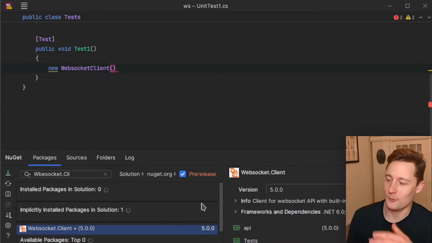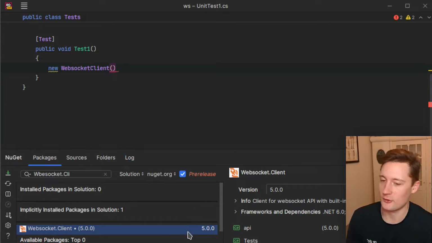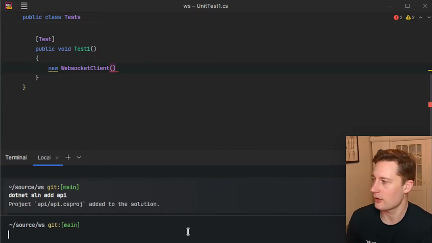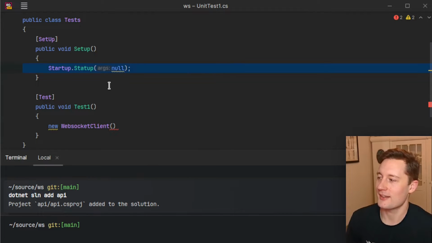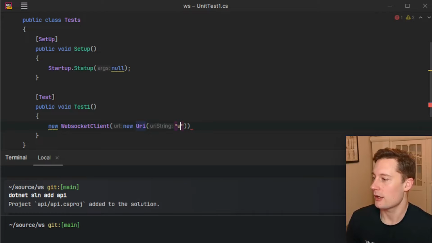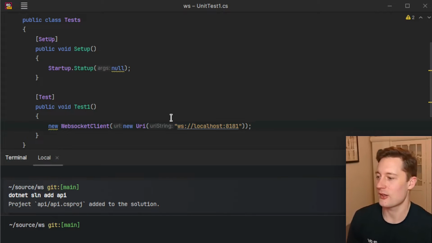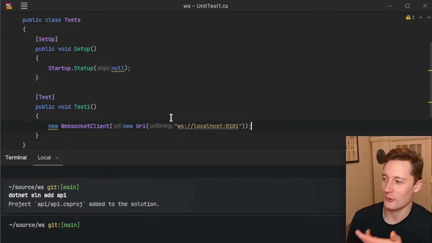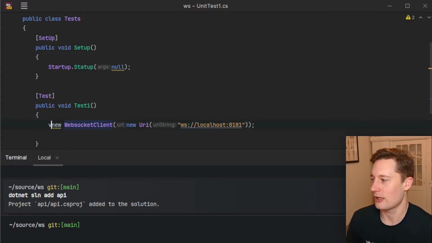It's just because my project also has a reference to that project. So by default, you already have it installed. And it takes in an argument, which is the URL of the server. And because our startup method by default starts a WebSocket API on port 8181, we're just going to write new URI ws localhost 8181. So here we have a WebSocket client that we can use to send messages to the WebSocket API. So if you give this one a name, WebSocket client,